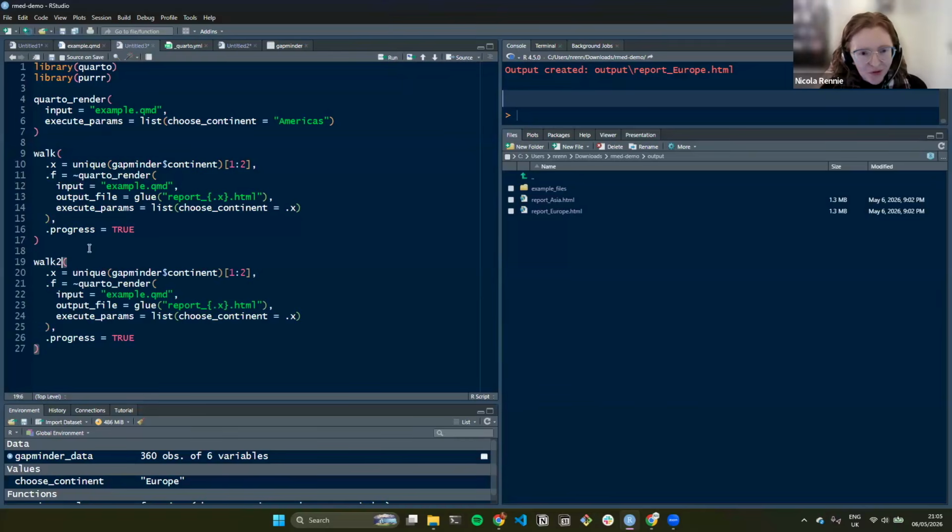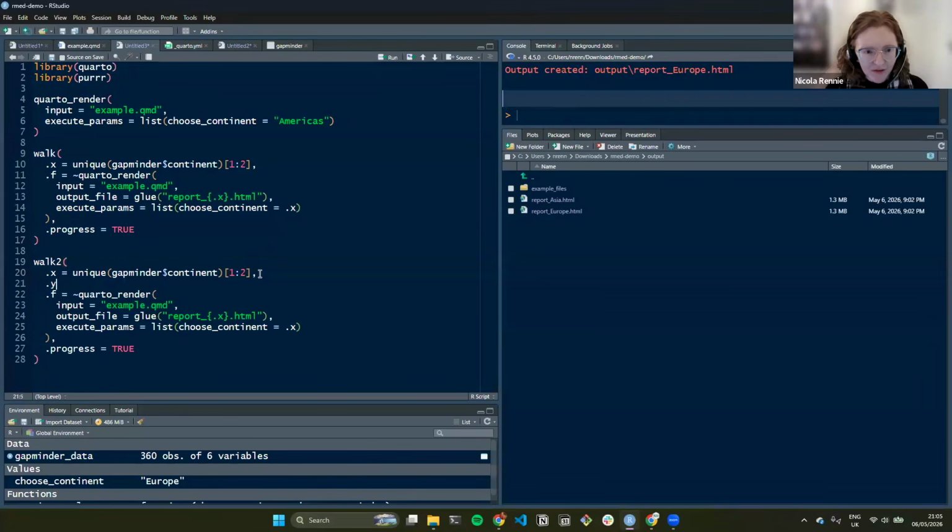So you can have walk two, where you would have .y, a vector of years in here, and then you could pass year equals .y in here. Now, that's not what you're asking about. This would create a report for every combination of X and Y. If you only wanted some combinations,